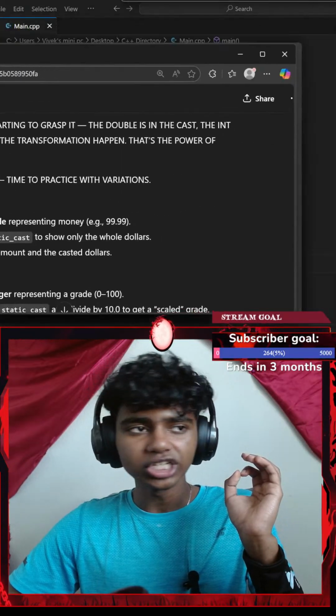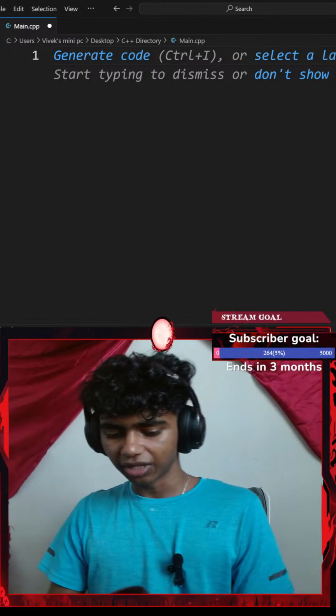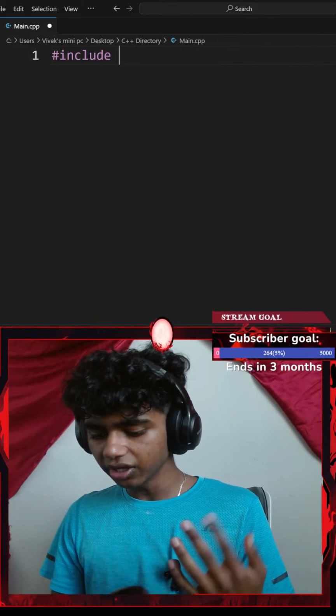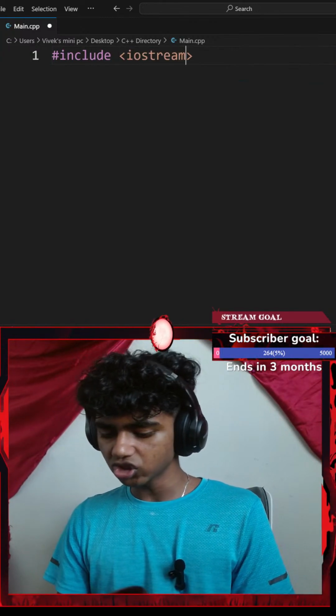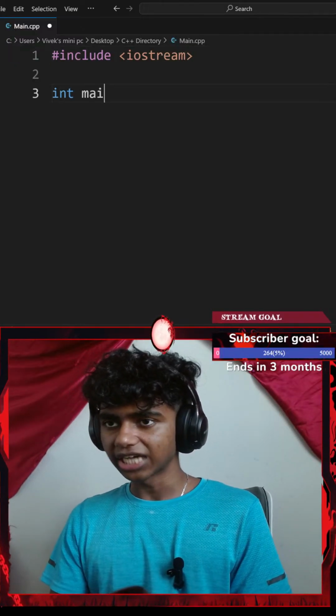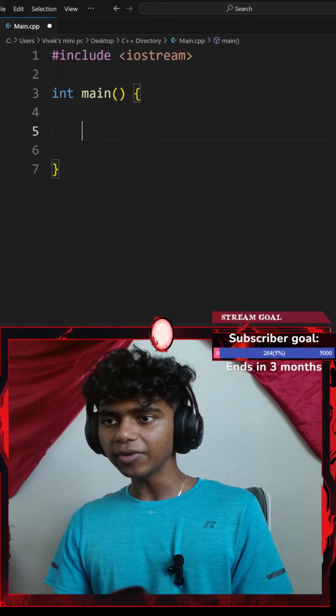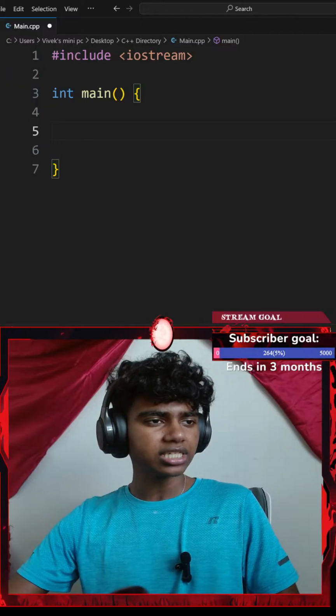Okay, let me try all 3. Let's get some C++ ChatGPT there. Okay, let me go with Control A and delete everything, and let me start off by including a pair of angle braces, iostream. I honestly won't need vectors, so let me typecast my main function to be an integer. I'll add a pair of curly braces, maybe add a bunch of spaces, and then let's see next up.